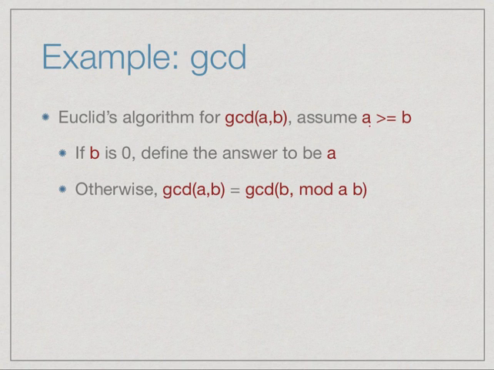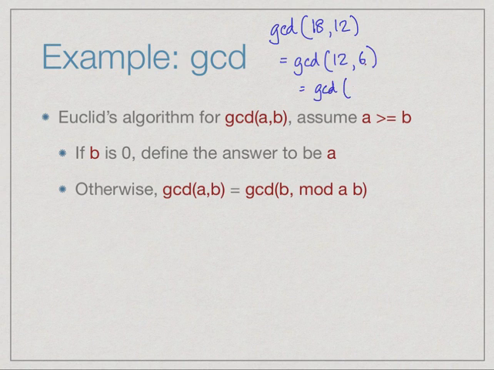So assuming that A is the bigger of the two numbers, right? Then what Euclid proposed was the following algorithm, which is that we keep replacing the GCD of A, B by the GCD of the smaller number and the remainder of the larger number divided by the smaller number. So for instance, if we start with the GCD of say 18 and 12, okay, then this will say replace this by GCD of the smaller number, and the remainder, if I divide 18 by 12, I get 6 as the remainder, because it's 1 with the remainder 6. Then I will get GCD of 6, and the remainder of 12 divided by 6 is 0, and then